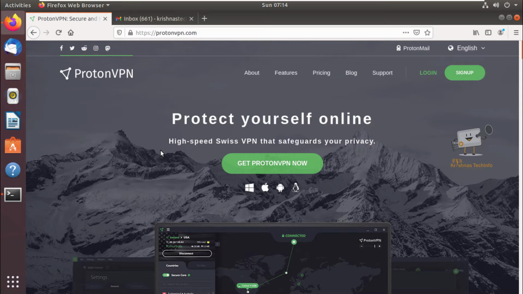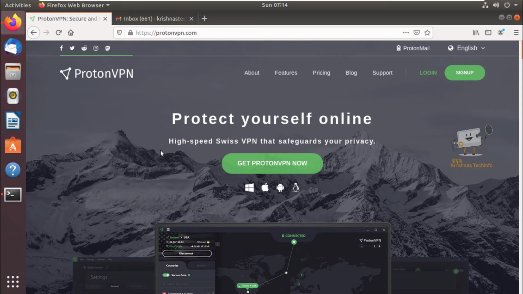In this video we can see how to install and use Proton VPN on CentOS and Ubuntu. A VPN is an encrypted tunnel which extends over a public network. It allows users to securely browse and access resources over the internet connection with privacy and confidentiality.